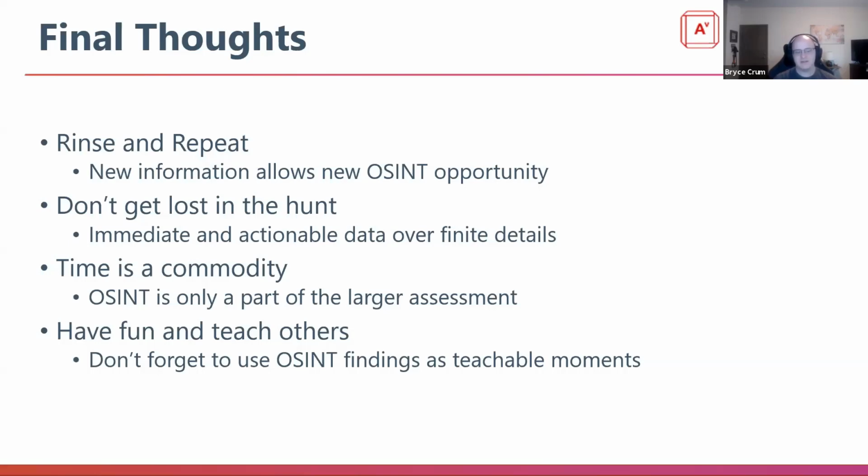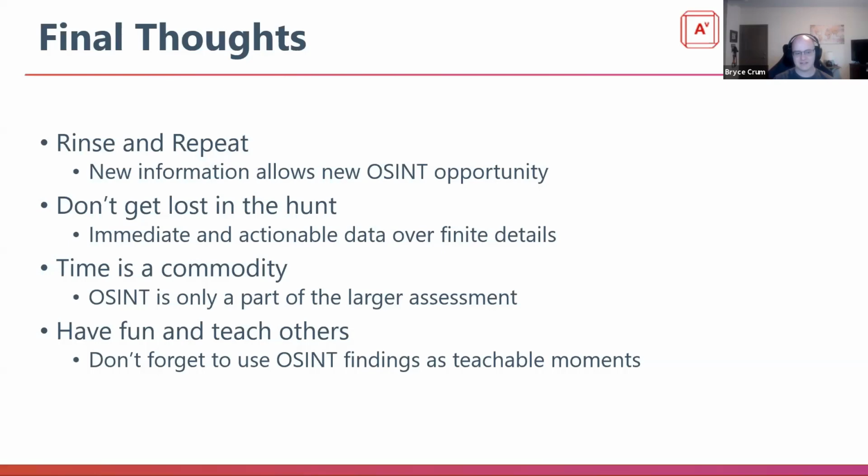And then the biggest one is have fun and teach each other. None of us are masters of everything, right? And especially with open source intelligence, I am far from a master of it. I know people who are infinitely better at it than I, and I have learned so much from them and from this community in every way.